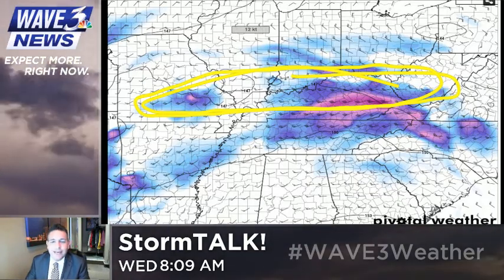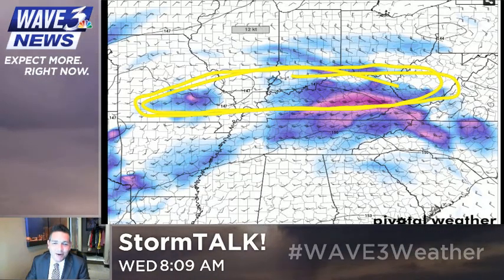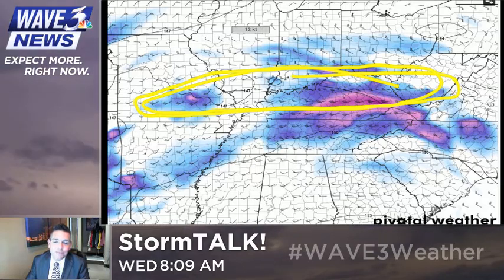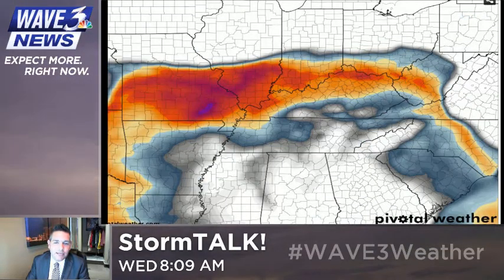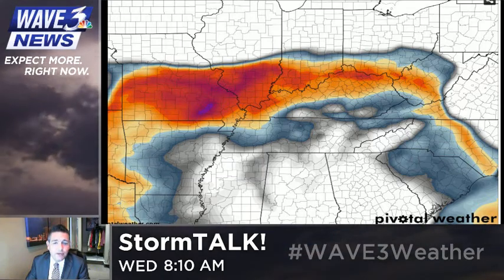If it doesn't, then it's a limited issue. And tomorrow there will be a little more of a tailpipe, or an exhaust pipe, I should say, to deal with. So that's what we need to monitor, because some of them could last a bit. And instability is up there tomorrow. I mean, this is pretty strong instability showing up